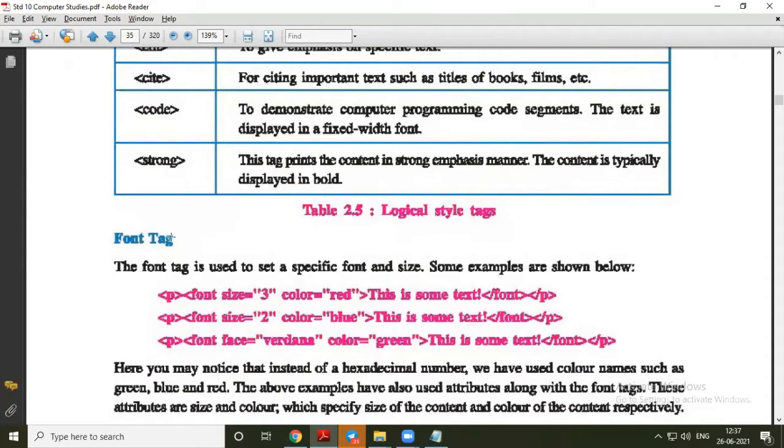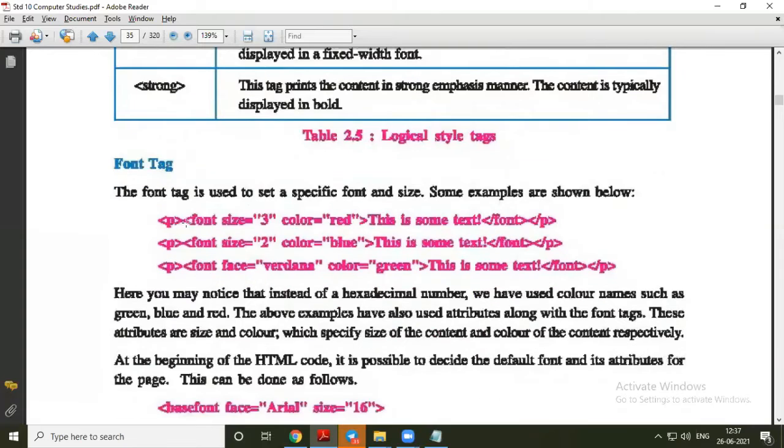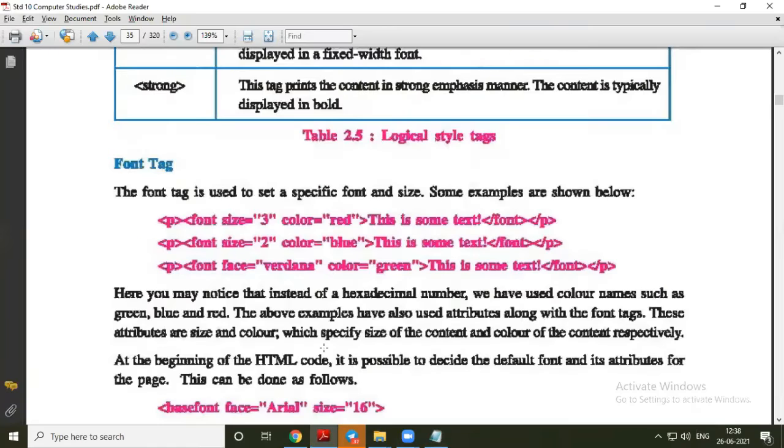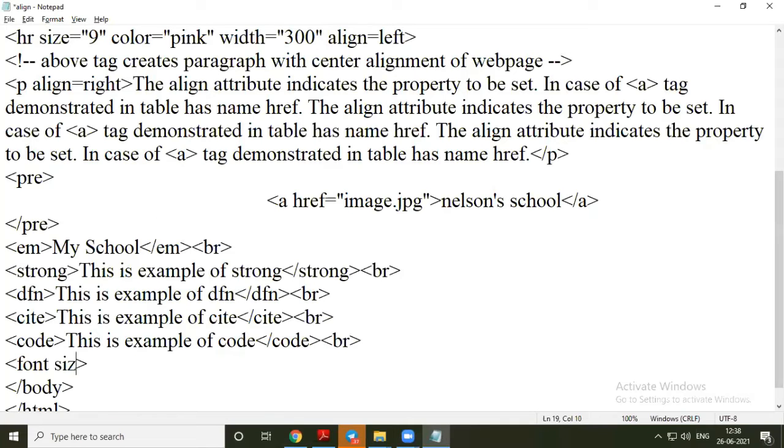Now comes the font tag. This is something interesting, wherein we can give different effects to different fonts. In the font tag, now I am using font, and the first attribute that we are going to use is size, is equal to, for example, 25.